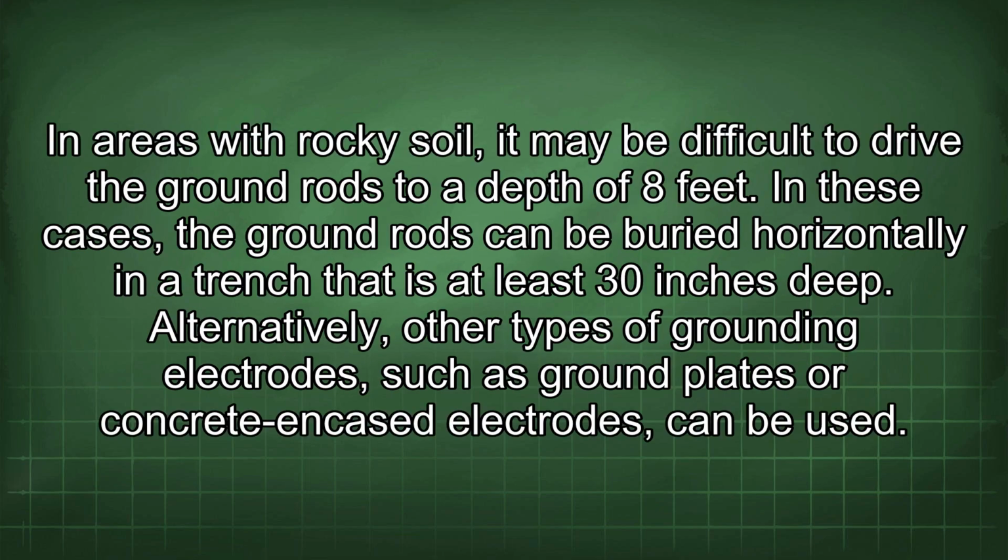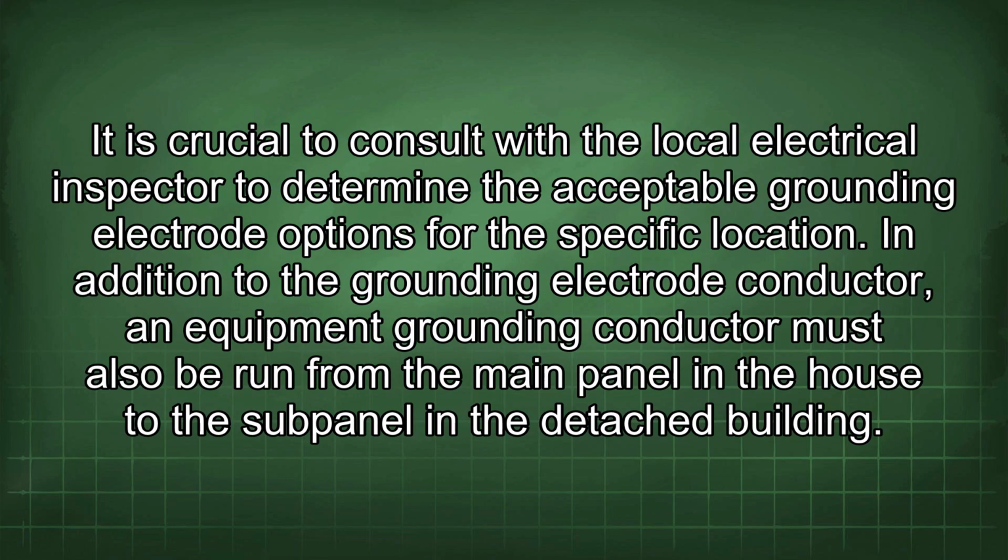In areas with rocky soil, it may be difficult to drive the ground rods to a depth of 8 feet. In these cases, the ground rods can be buried horizontally in a trench that is at least 30 inches deep. Alternatively, other types of grounding electrodes, such as ground plates or concrete encased electrodes, can be used. It is crucial to consult with the local electrical inspector to determine the acceptable grounding electrode options for the specific